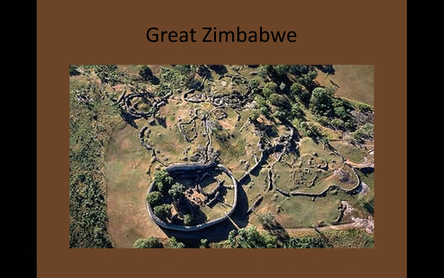This was largely a pastoral kingdom, meaning that this is in a fairly arid region. Some people may have done some farming, but many of these walls were used to corral cattle, and especially the cattle of the ruler of Great Zimbabwe, who was tremendously powerful and thus tremendously wealthy, which means, again, for Southern Africa, he has lots of cows, right?